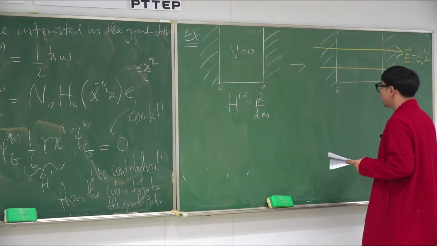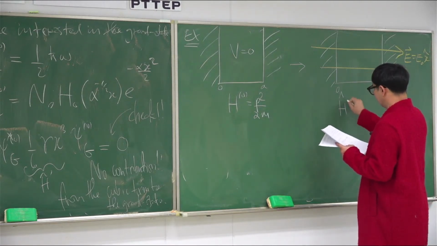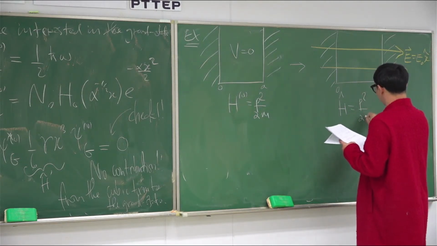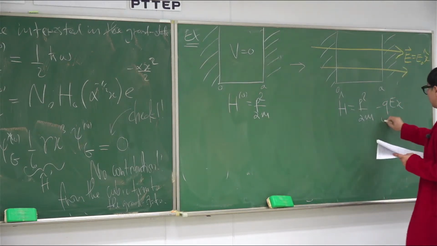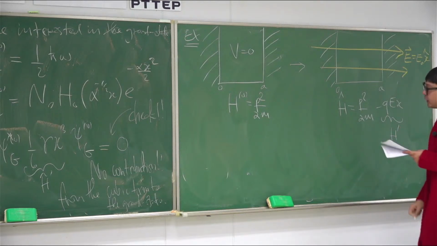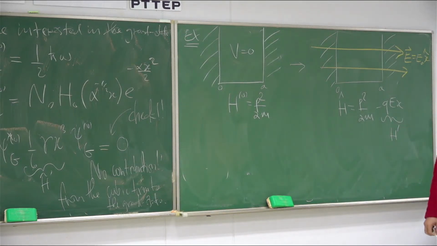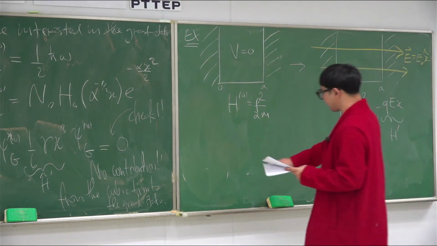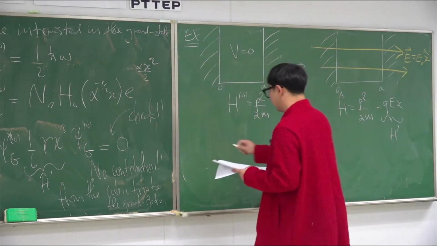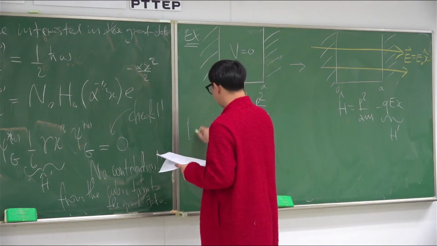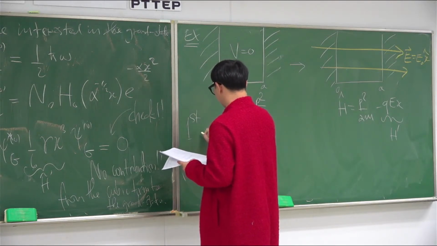So now your Hamiltonian can be put in this way. So this is going to be your perturbation term. And then you can compute the ground state, the first correction